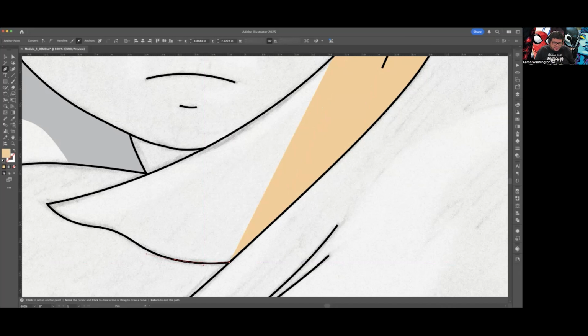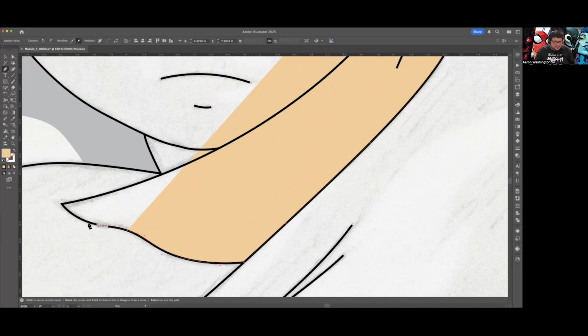As I do his collar here, I go around. As you get the hang of doing stuff in Illustrator like this, it might seem kind of tedious. Like, man, this takes so much time. Nowadays, in comparison to what I'm doing full time in my work, this is the easy stuff. And this is almost relaxing to me. I just kind of like sitting here,